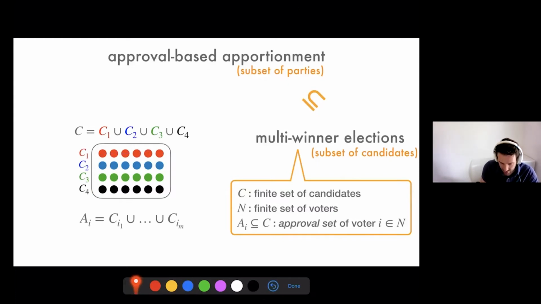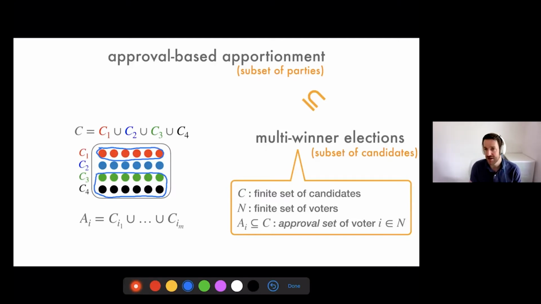And if I'm a voter, then my approval set has to follow the rule that if I approve one red candidate, say, then I have to approve all of them, right? So this would be a valid approval set, for example, but I can also approve more than one party. So for example, I can also approve the Green Party and the Black Party. Okay, so this shows you that the approval-based apportionment setting actually can be seen as a restricted domain